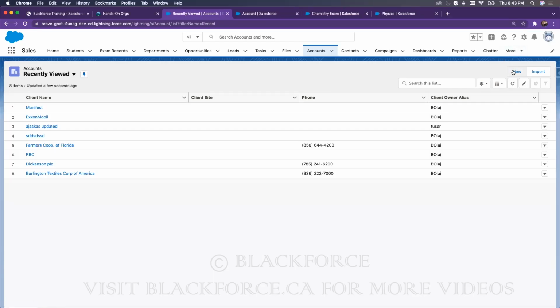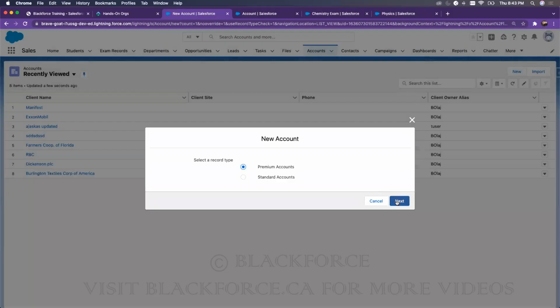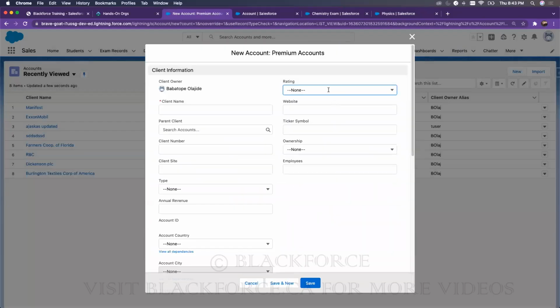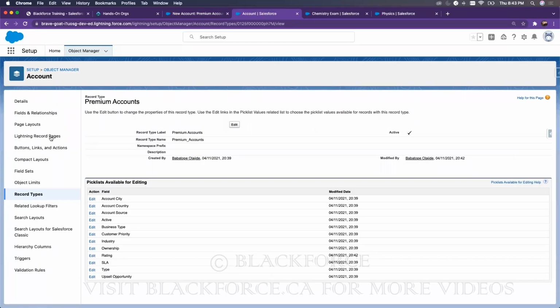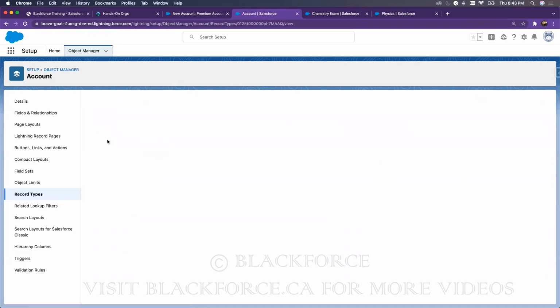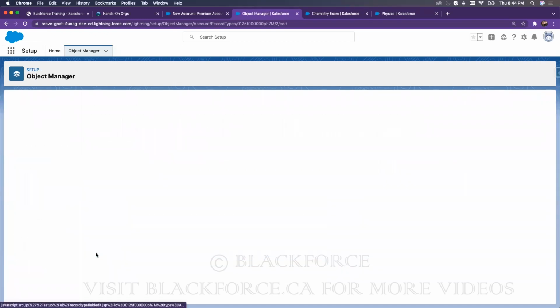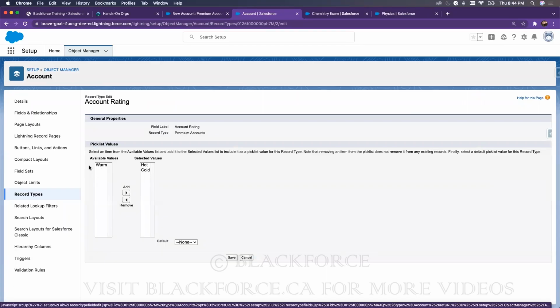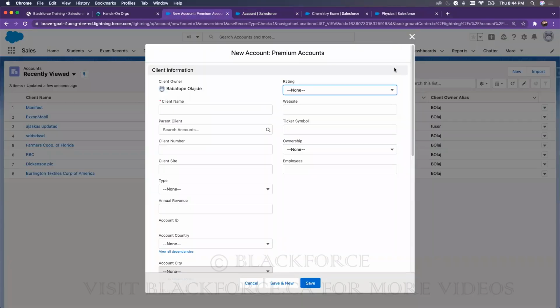I click on new and I select premium record types. Now the rating would be hot and cold. Why? Because premium record types does not take warm, according to what we've set. This is premium record types. Remember, record types, premium record types. We go to the rating and we took off warm. If you select standard,